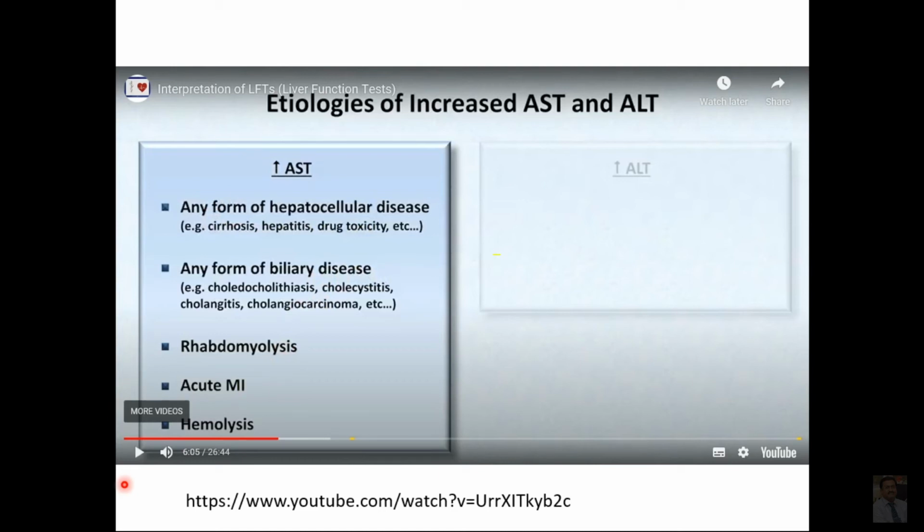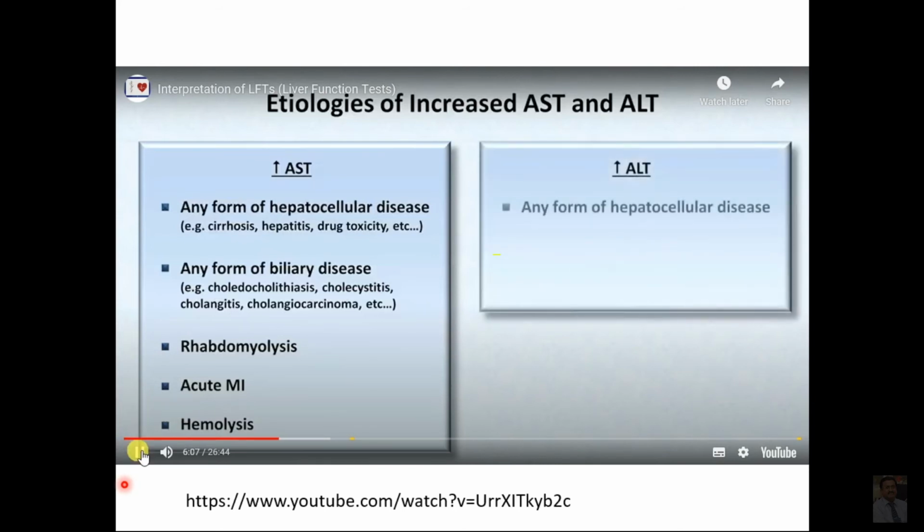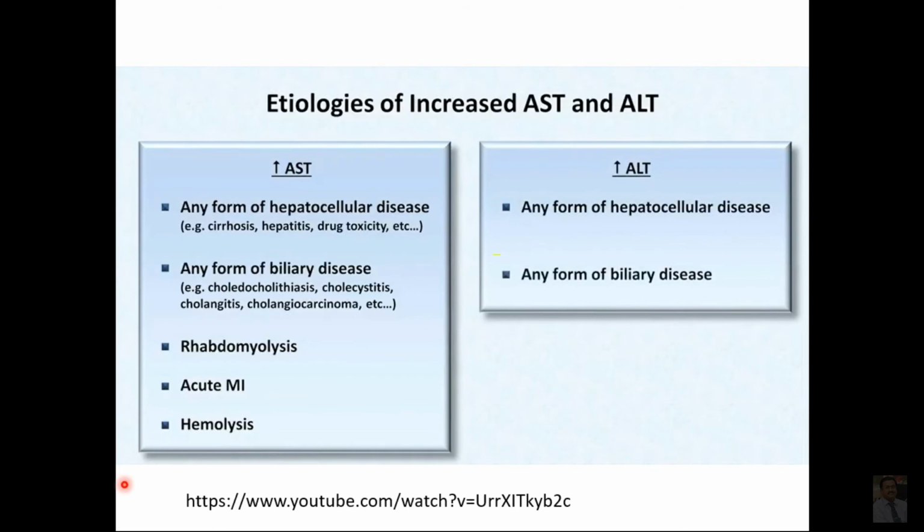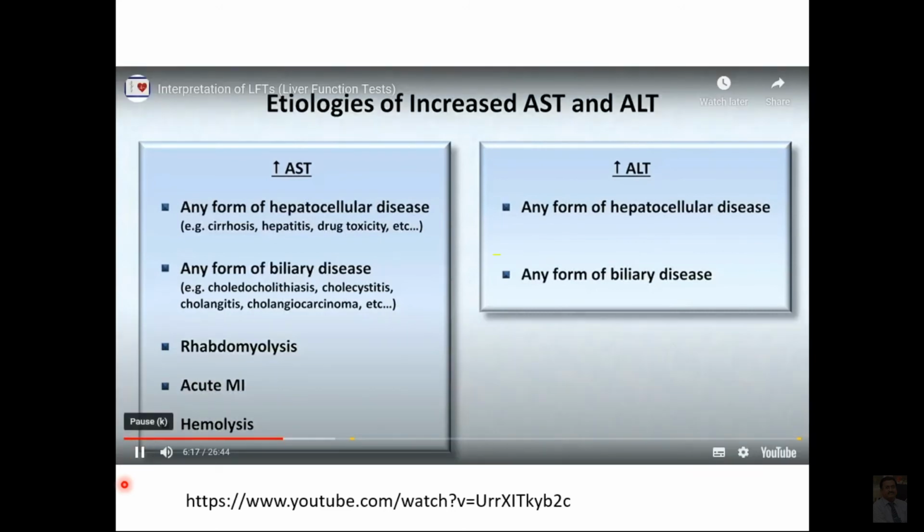And apart from that, one more aminotransferase is discussed here, that is ALT. The etiologies of an increase in ALT are limited to hepatocellular and biliary disease only. Occasionally, you may hear people informally refer to an increase in AST and ALT in the absence of other overt signs of liver disease as a transaminitis, a term I personally don't like since it